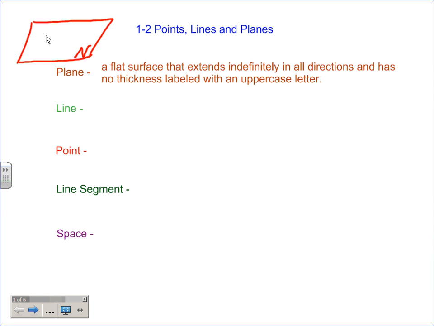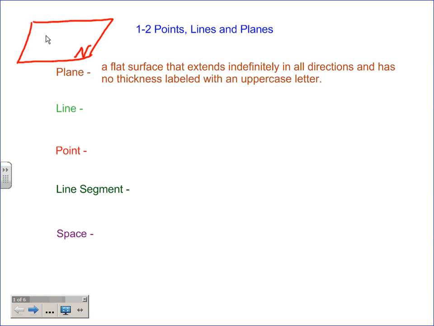But basically what they're saying is that it has no thickness. So in other words, it does not go back into the smartboard or come out at you. Okay, it is so thin that you can't even measure the thickness, is basically what they're saying. So some people kind of think of a sheet of paper if it were to go on in all directions, up, down. A lot of people use that, or even this whiteboard. Some people think of that as a plane, but just this surface here, not the thickness, because obviously you can see the smartboard has thickness. But we're talking very, very thin. It goes on in all directions. Okay. Again, normally notated by something like that, because how do you draw something otherwise? You can't. Right?